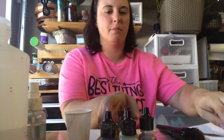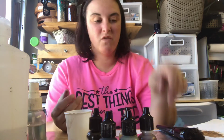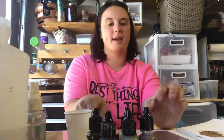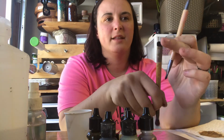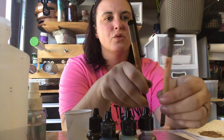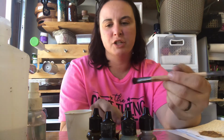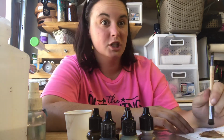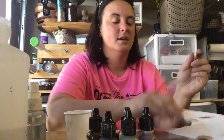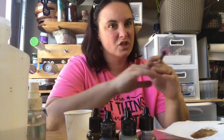So, okay, now that I have it covered, I go ahead and I switch to my smaller brush. So I just put a little bit extra ink on my foil. I don't worry if it evaporates or dries out. It's okay. So this is where I use smaller brushes. I either use like the eyeshadow or the brow brush. These I all got at Target in like a multi-pack. And again, it's crunchy, so I hydrate it and I just dab most of the moisture off, because if you leave a lot of it, it's just gonna